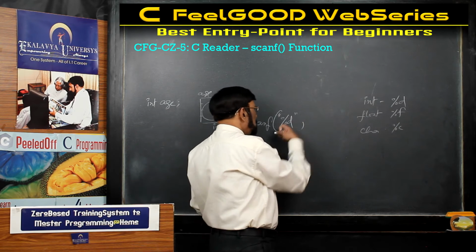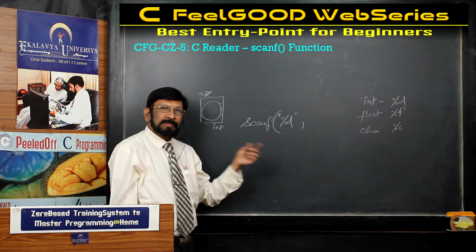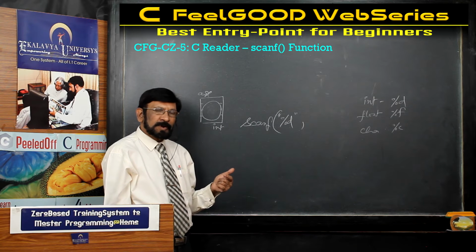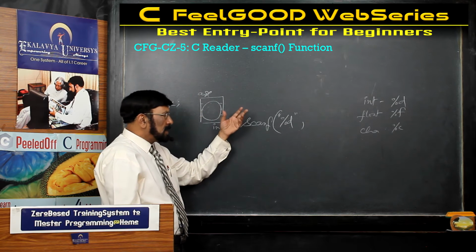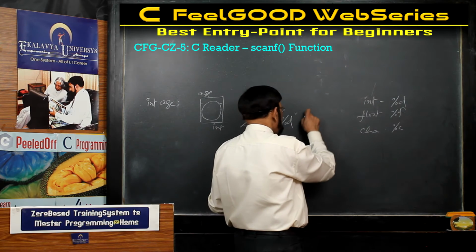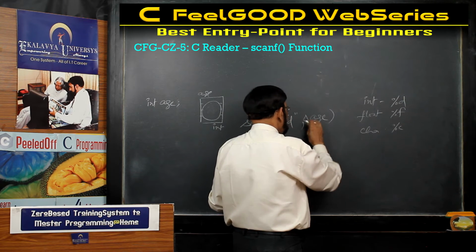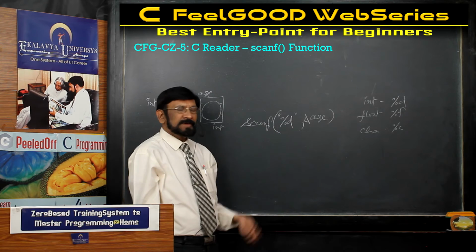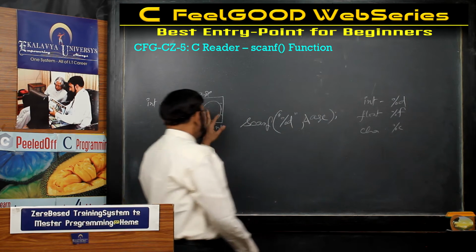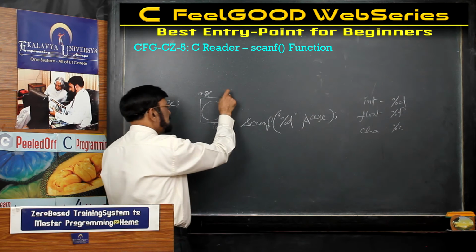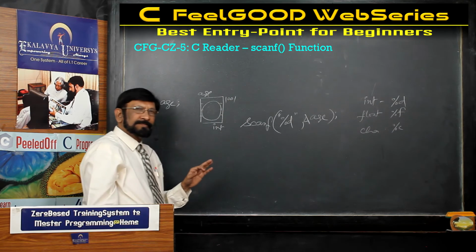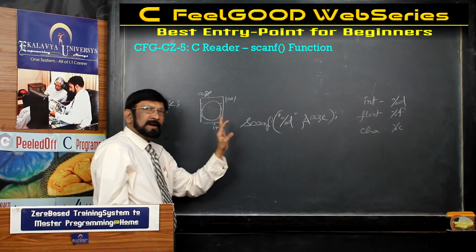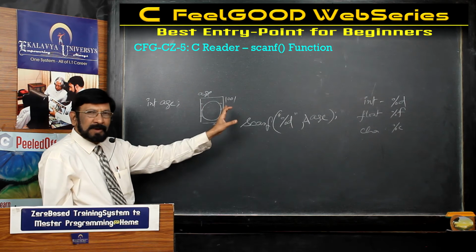Now we are telling scanf to read an integer value. So what information do you have to provide? You have to provide the address of age, using the ampersand symbol. Actually, for every variable, one address is there. In computer memory, for every byte, one number is there. That is called an address. But what is that number, you need not bother. Every time it changes.